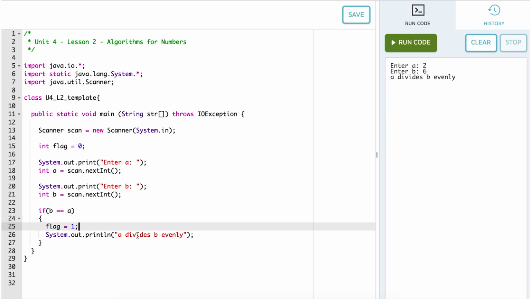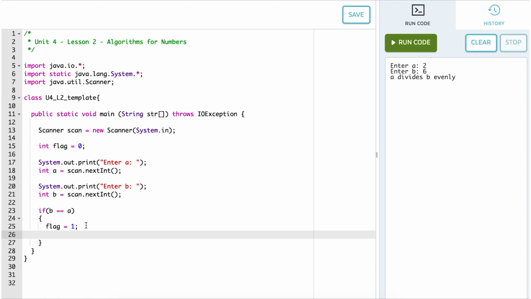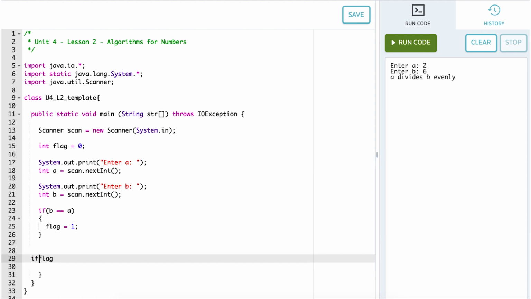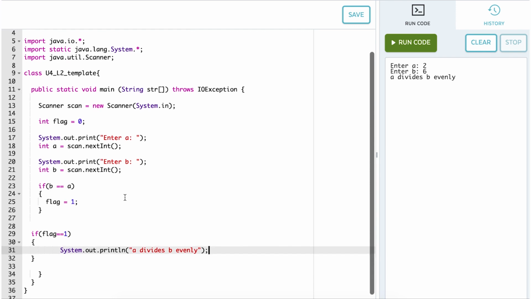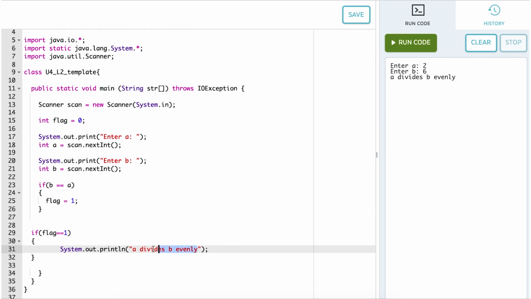Then I'm going to cut out this print statement and move it a little lower, and I'll say, okay, if flag equals 1, then, now I'm pasting that print statement back in, make sure all your tabbing looks good. Then we're going to print out A divides B evenly. Oops, this is from our last challenge. A is equal